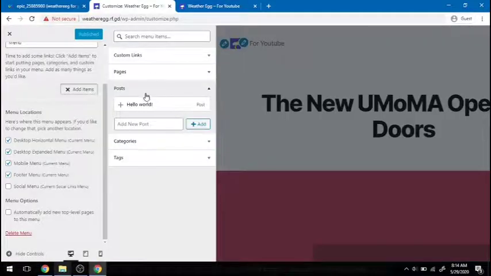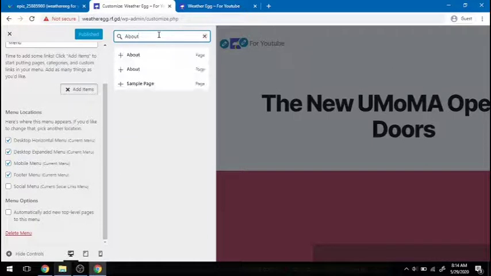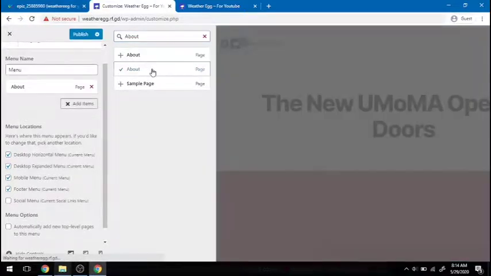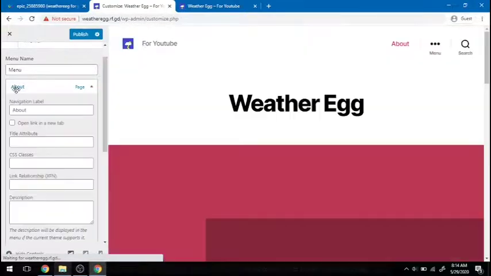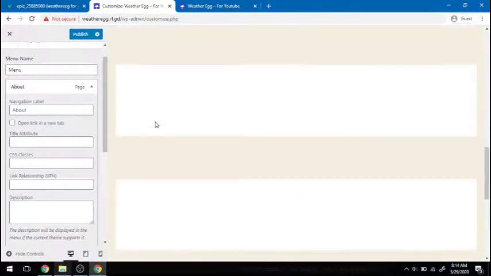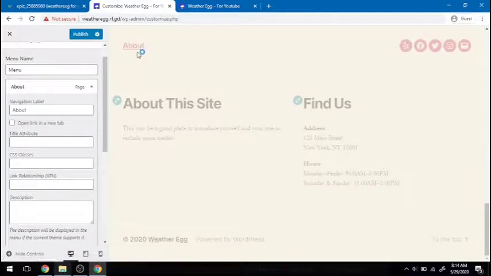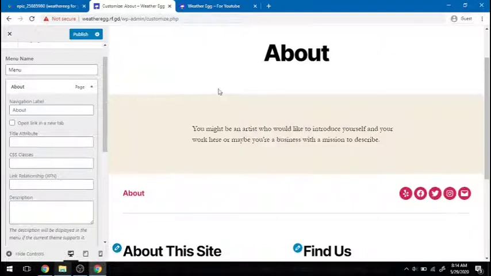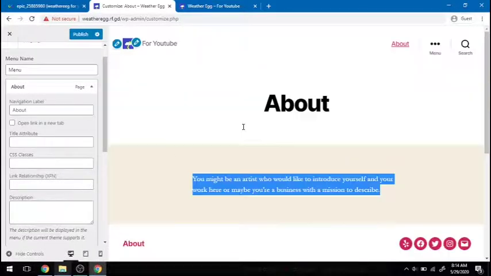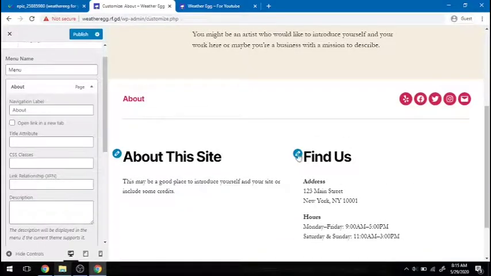So now what I will do is say posts, or it was about, let's see, does my about page come up? Is this the right one? Hopefully. Can I see this? Is this it? I should be able to say about at the bottom actually. And as you can see, it says find us,